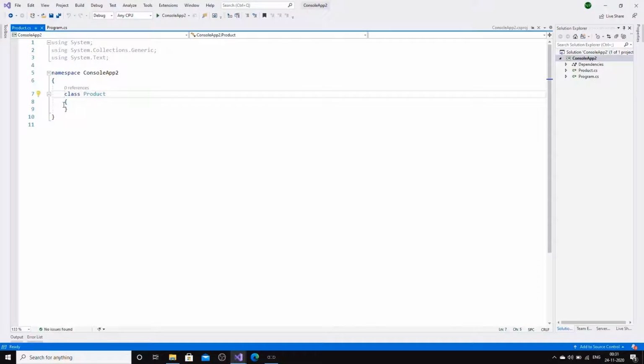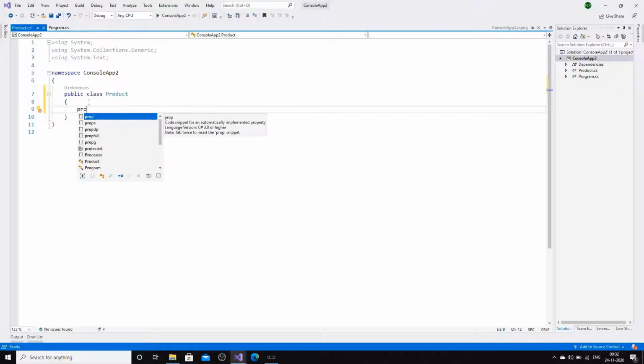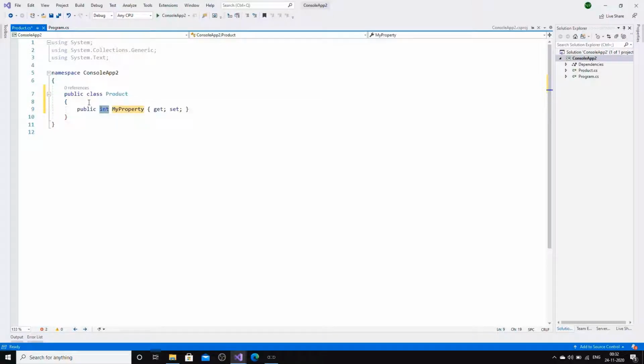In this class, I will define three properties: name, description, and age group. Age group I am just using to differentiate the product for a particular age group. So I will define all the three properties one by one.